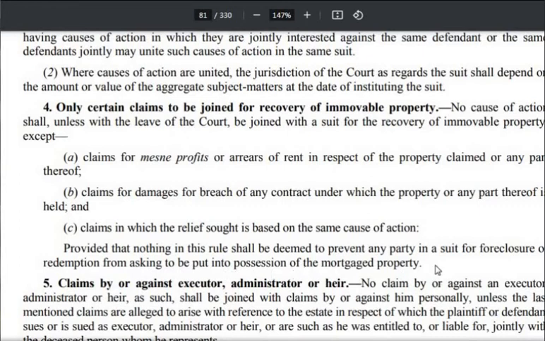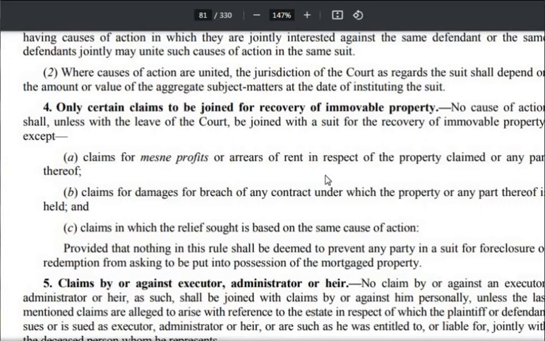So that is fine. तो जब आप foreclosure और redemption का सूट करते हो तो आप साथ में possession भी क्लेम कर सकते हो। ठीक, हमारा पर्पज सिर्फ इतने में फुलफिल हो जाता है कि Order 2 Rule 3 में causes of action का joinder अलग किया है और Order 2 Rule 4 में immovable property के possession के recovery का जो cause of action है, उसके साथ आप कोई और cause of action कोर्ट के परमिशन के बिना नहीं ज्वाइन कर सकते, ये लिखा है।